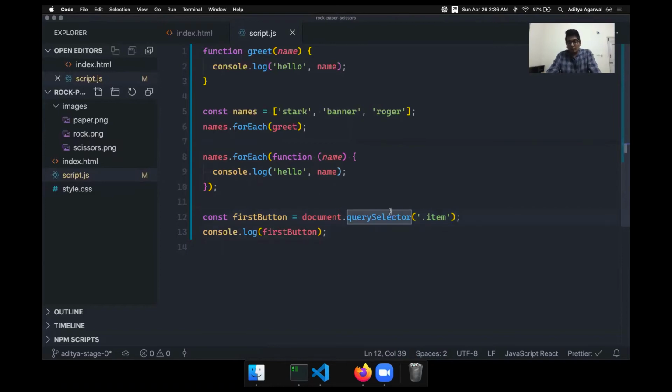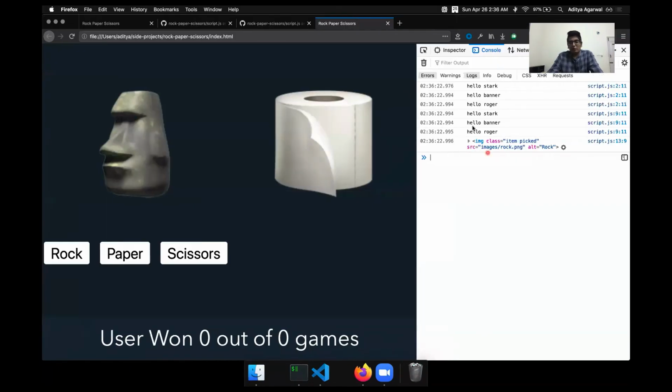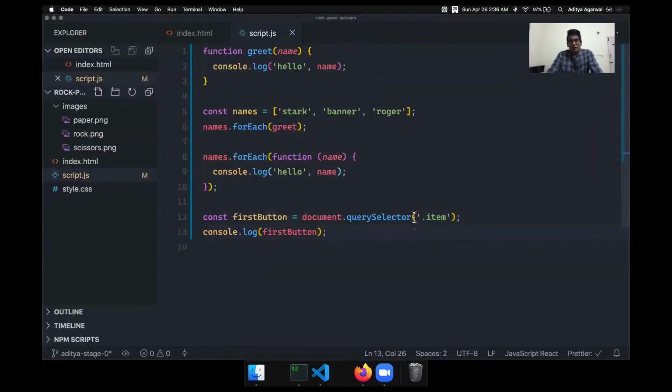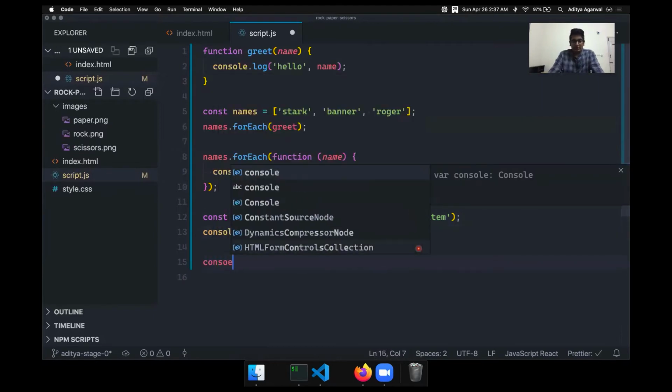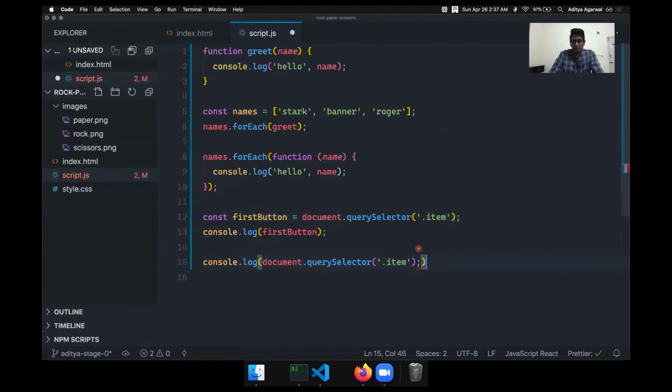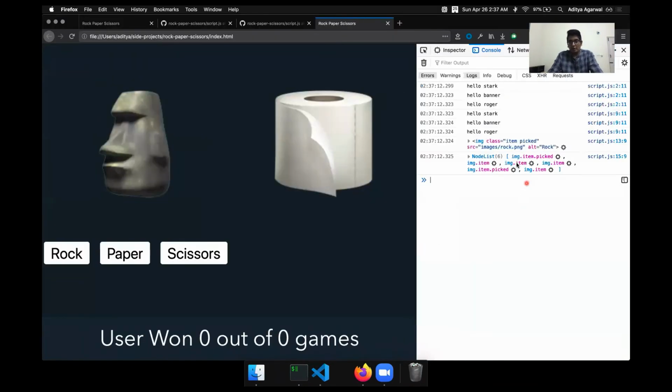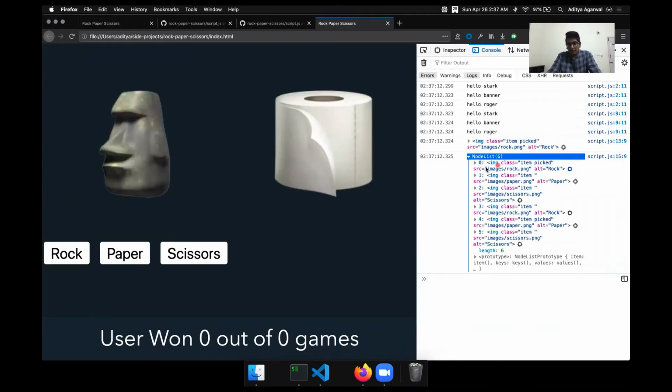Now the important thing with querySelector is that it will just give you the first matching element. As you know, there are two images which have the class item, but it just gives the first one. If you use document.querySelectorAll and directly console log it, that will actually give me an array where I'll get all the images.